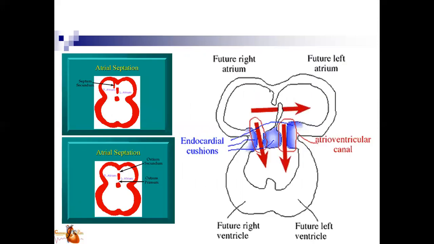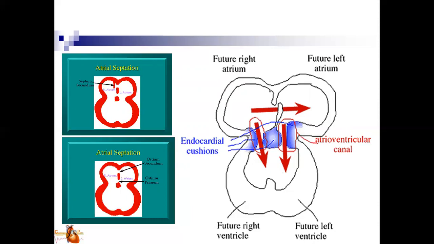So, this is how it looks. You can see there is an opening between the right and the left atrium. There will be a flow of blood. Obviously, the flow of blood here is mentioned wrong, that is from right to left. In fact, the flow of blood would be from left to right, because the left side of the heart usually has more pressure.